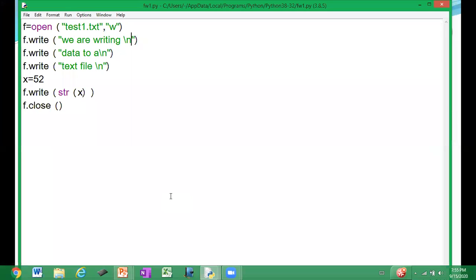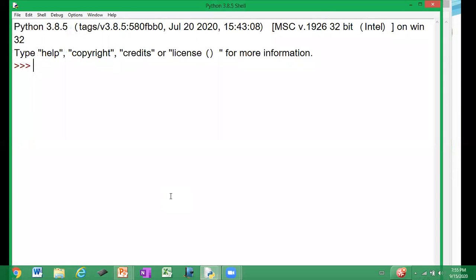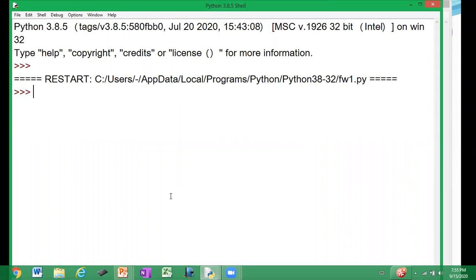So here I'm going to make some small changes. I'm not going to write the contents with a /n. So let us check how your file writes the contents into the file. Let us save the file, run your file. So the successful execution of your program. Now let us open the file. What is the name of your file? Here,